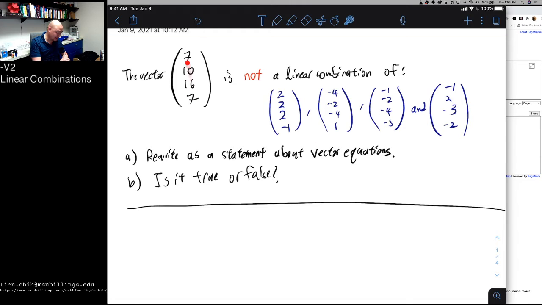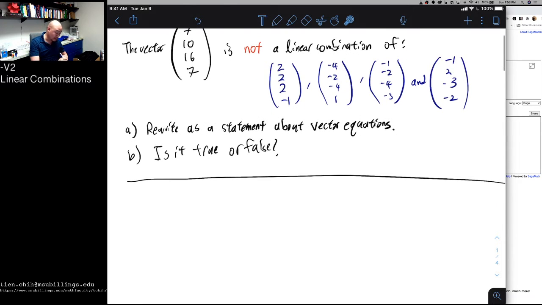So remember, what it means for a vector to be a linear combination of these is that we can find scalars for these vectors here, so that when we take the sum of the scaled products, what we achieve is this vector. And our claim is that this does not happen, right? And so if I want to rephrase this as a vector equation, what I'm essentially saying is that the equation,